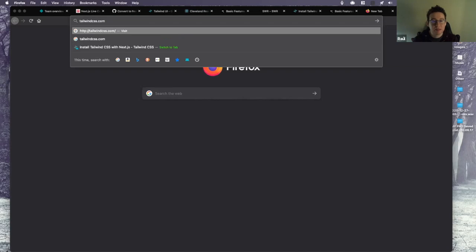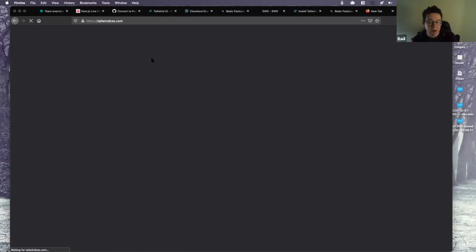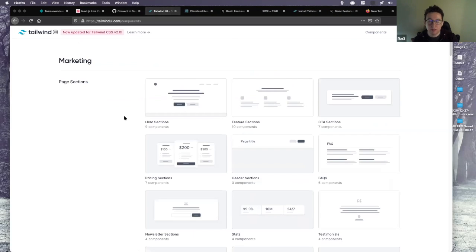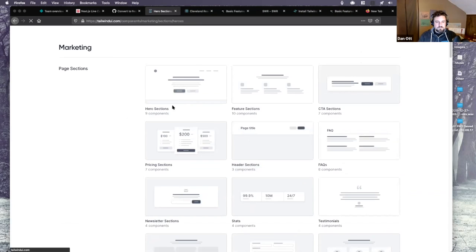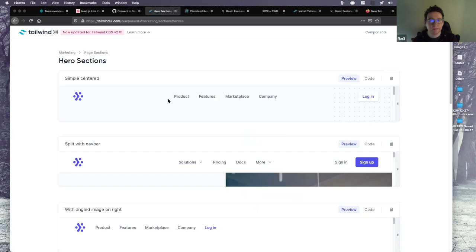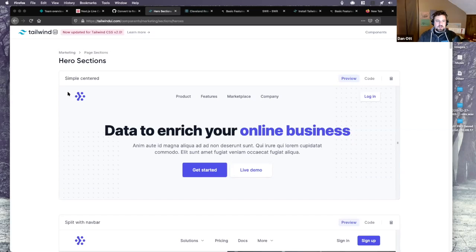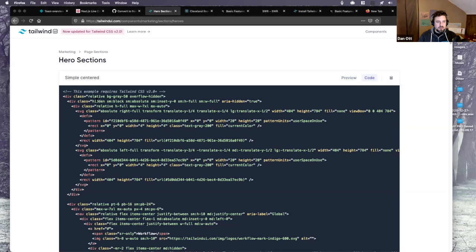Tailwind UI is essentially just code snippets, right? That are like examples of typical UI elements that you might use in an e-commerce site or a marketing site. Yeah. So this is back to Tailwind UI real quick to show what we were talking about there. This is a live example, and the code here is literally just markup with all